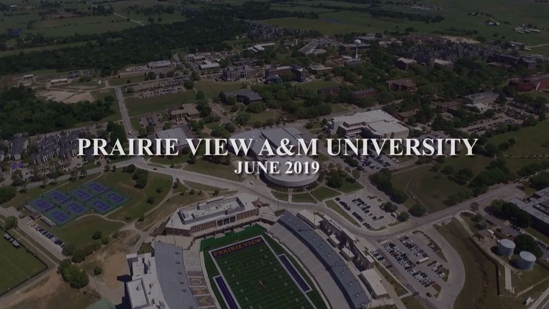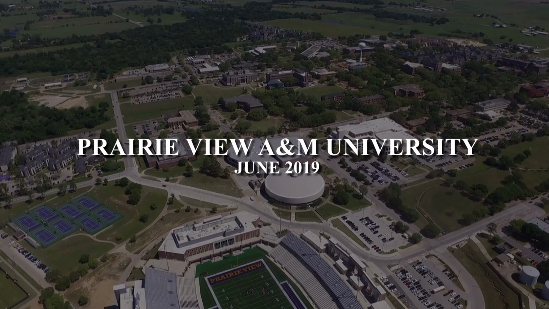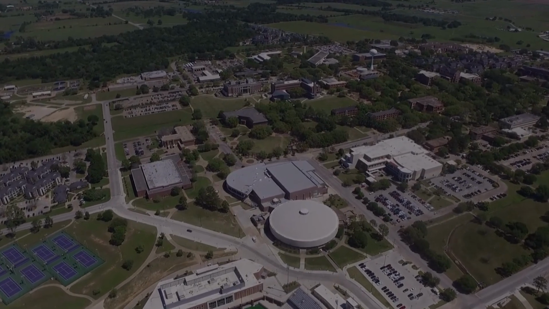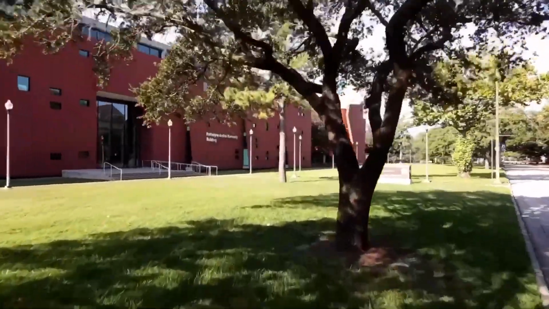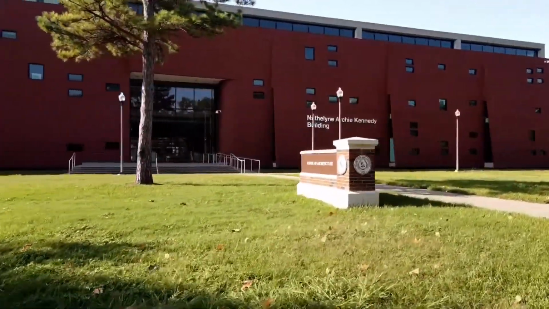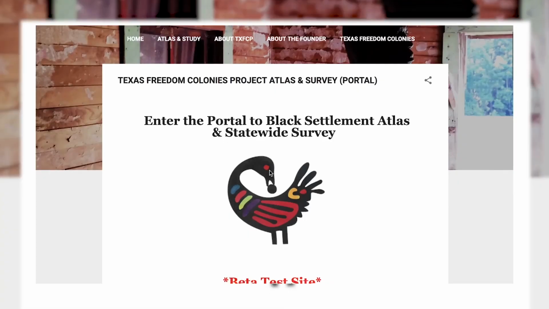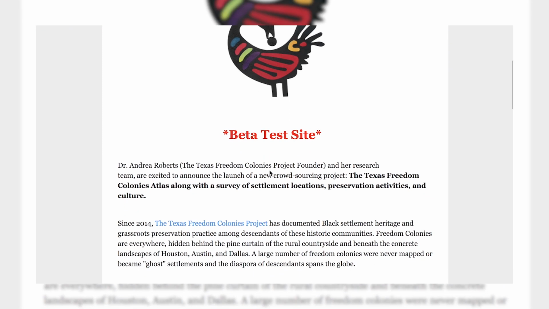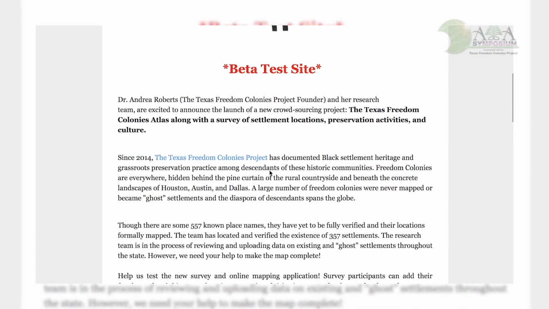There was an explosion of African American land accumulation after emancipation in 1865. So we went from owning 1% of all farmland in Texas in 1870 to owning 31% of all farmland by 1910. The Texas Freedom Colonies Atlas and Study began as a spreadsheet,